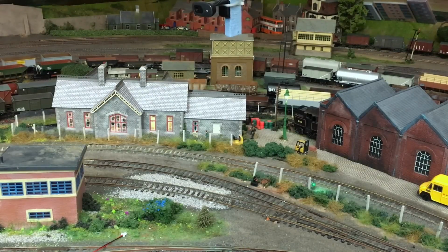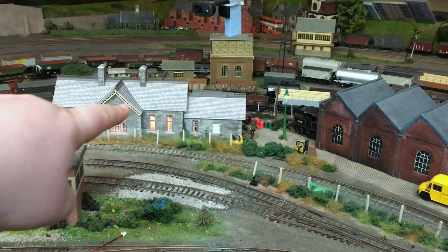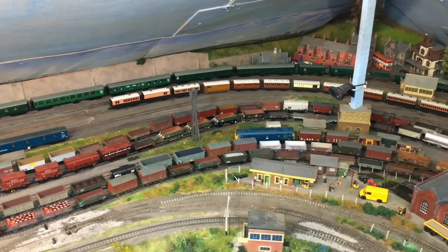Now that I'm a lot more relieved about that leak, I thought I'd show you some of the areas that I've been working on Weir Yard since we last did one of these update videos, and it has been quite a while. This area here used to have a bit of a cobbled together set of buildings which themselves were